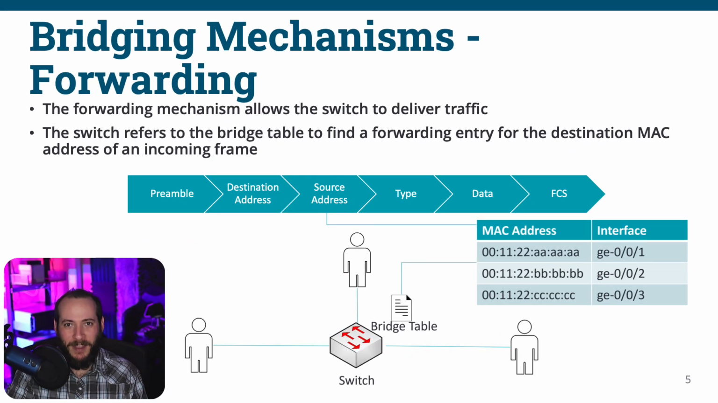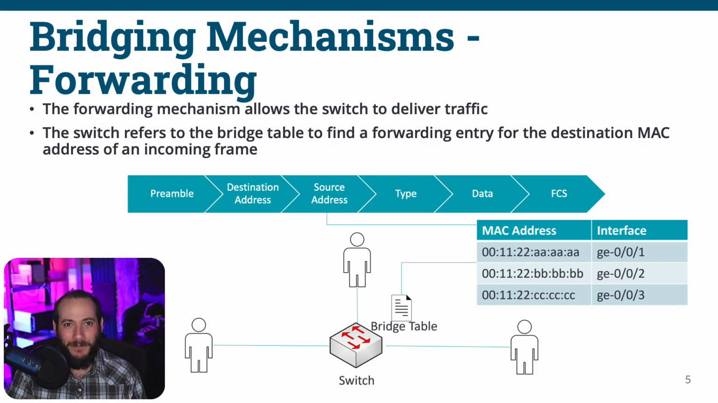The forwarding mechanism allows a switch to forward traffic. After the source MAC address is inspected and recorded as part of the learning mechanism, the next thing the switch will do is inspect the destination address. A lookup on the bridge table is performed with the destination address. If an entry is present on the table, then the frame is forwarded out the port associated with that address